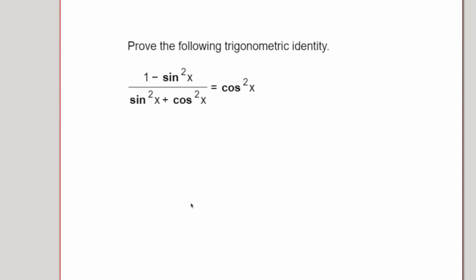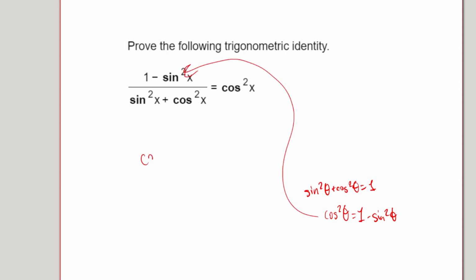Now I think we have a few more questions. This one should be pretty straightforward. So remember, sine squared theta plus cosine squared theta is equal to 1. And if we subtract sine squared theta on both sides, we'll get that cosine squared theta is equal to 1 minus sine squared theta. And right here, we can just plug this back in,